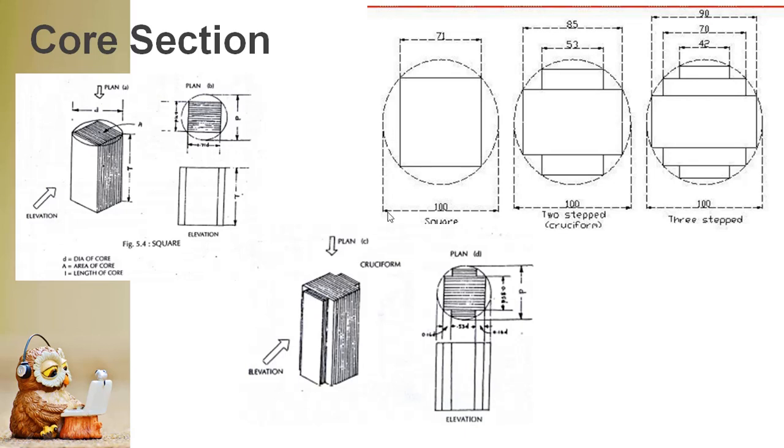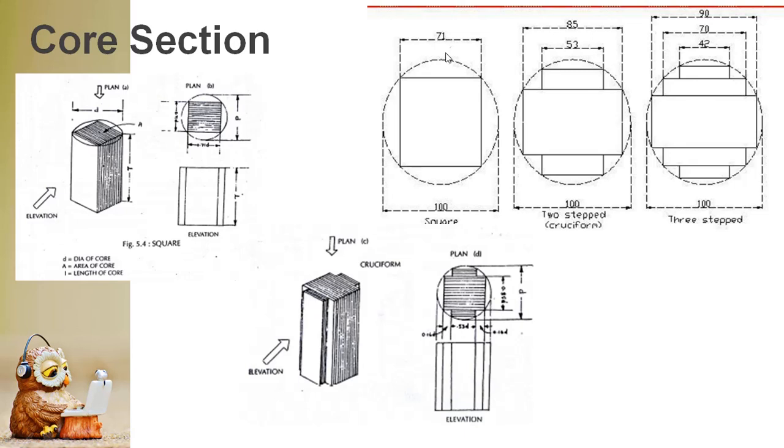And coming to the length of each side or each step, you can see here the diameter of the imaginary circle is the same in all three. The diameter of the imaginary circle is D. It is very important, you should remember this always. This is called the circumcircle. If the diameter of the circumcircle is D, then the length of each side of the square will be 0.71 D. Clear? If it is D, it is 0.71 D.